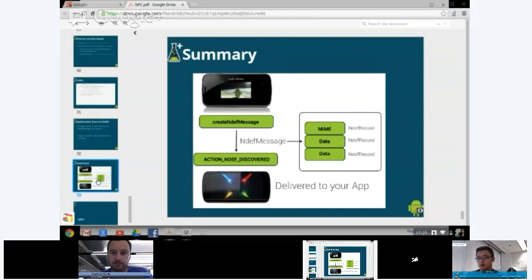So once you create the message, this message is beamed to the other device using NFC technology, and if you have the intent action NDEF discovered on your app, this message will be delivered to your app. The format of the NDEF message will indicate the MIME type, or the nature of the data in your message, and based on this you will have your intent filter declaring those MIME types. Once you receive the data, you're able to parse it by getting the raw record and then looking through the record for the payload.